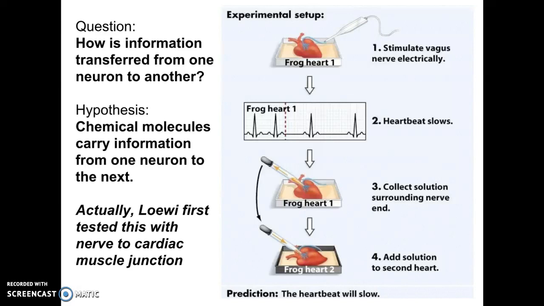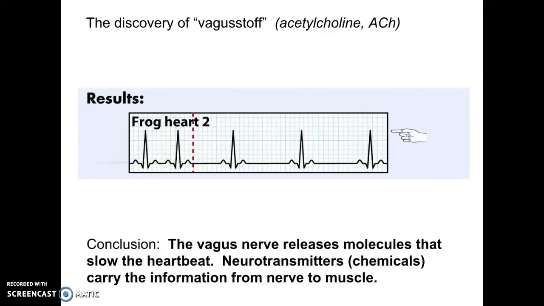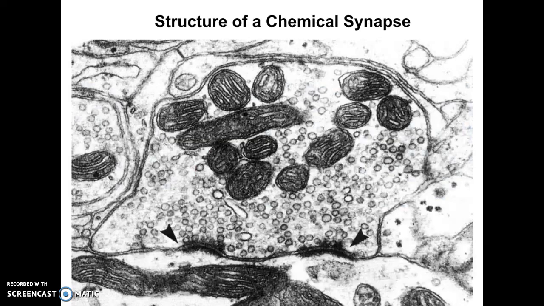But the action was that it slowed down the heart because it took the neuron further away from excitation, or further away from that threshold potential. And so now we know that we're releasing some sort of chemical, and it turns out that the